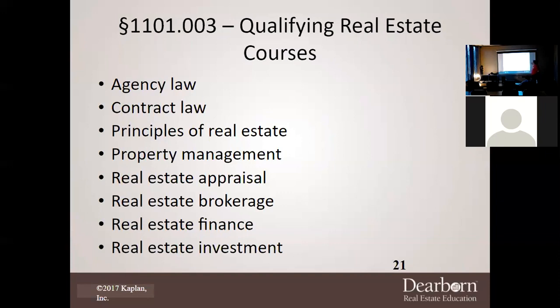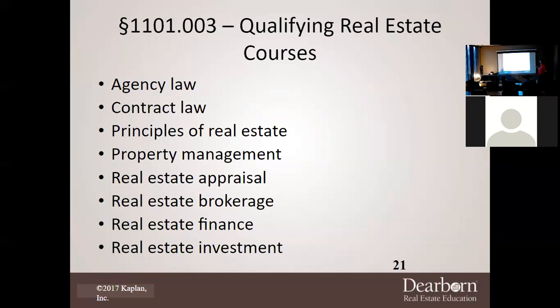This is where everybody starts wanting to know about qualifying real estate courses. There are certain courses that you must take to get your real estate license, and those courses are not every one of these that are up here. Every semester, students always ask me, I got to take all of these courses? No, no. The ones you must take